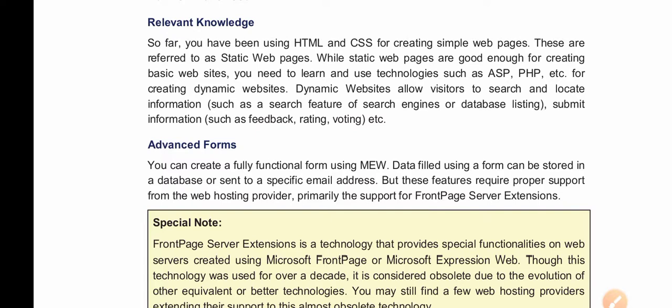If you want to design the forms, you require the proper support from the web hosting provider. Web hosting provider means those who provide the hosting sites. For example, there is a GoDaddy hosting site, there's a Hostinger site. They provide